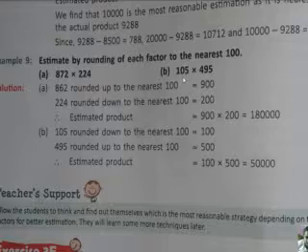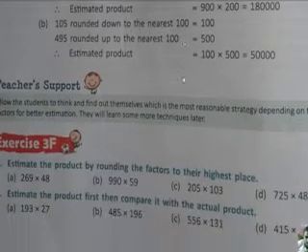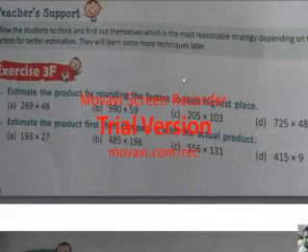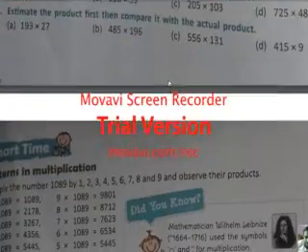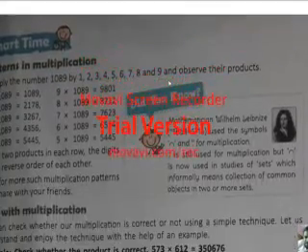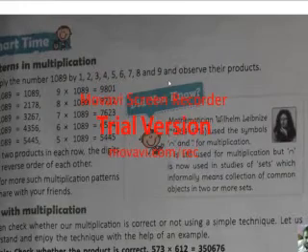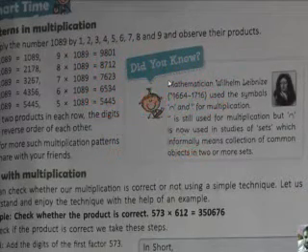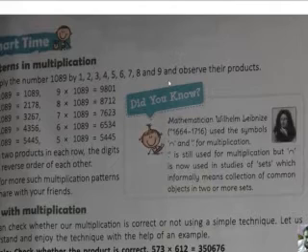Okay, so students, if you will watch over here, last time I had explained to you how to do exercise 3F. So today we will start from Smart Time. Actually, Smart Time is, in real, a smart time. You are getting smart knowledge over here. Now you will tell me how this is smart knowledge.